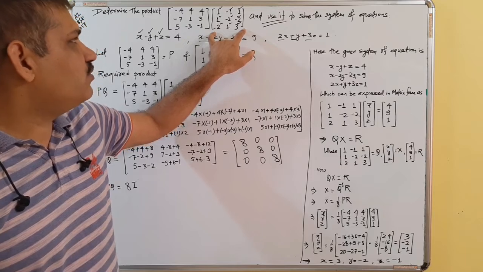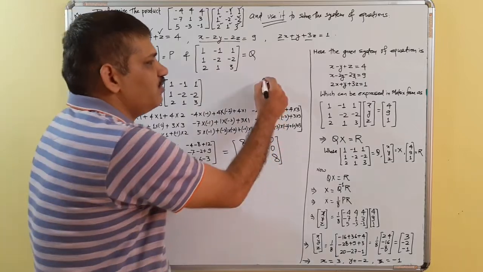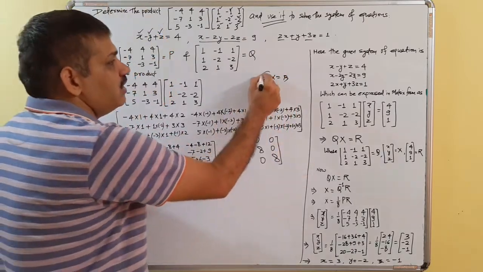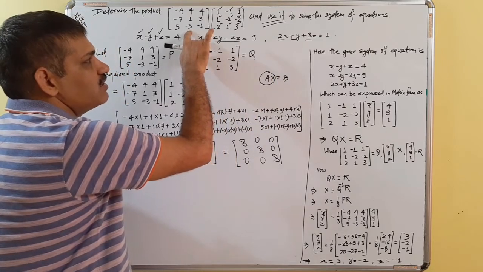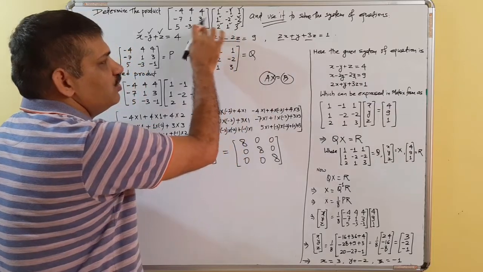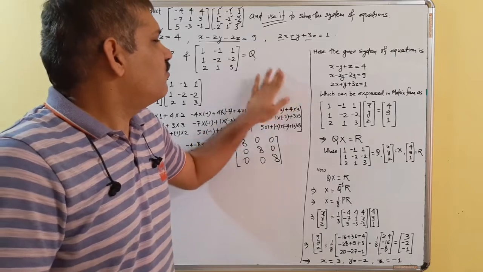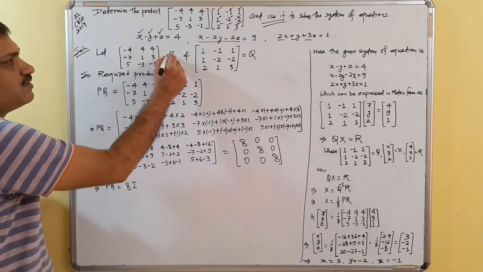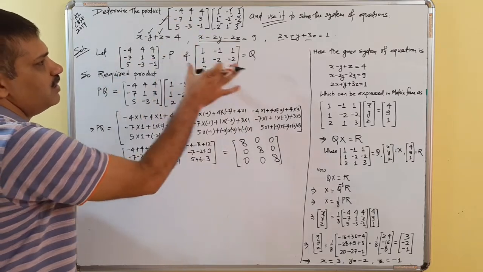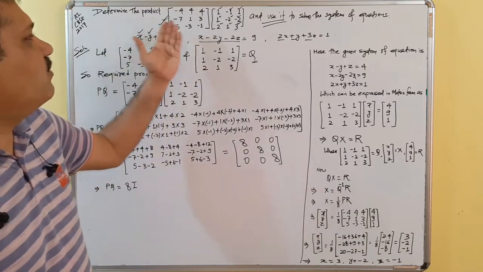Usually, generally we name it as A and B, and we have a habit of writing AX is equal to B, but it will go wrong, because if you take this as A and this as B, we are going to calculate this product. So we go for some different names. Let the first matrix be denoted by P and the second matrix by Q. Now we are to find the product PQ.